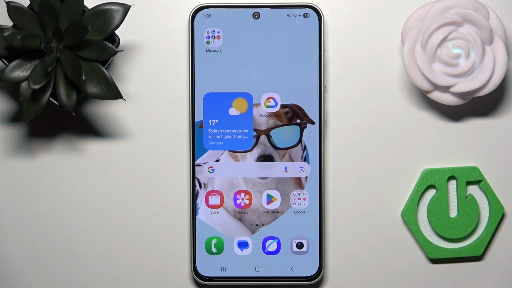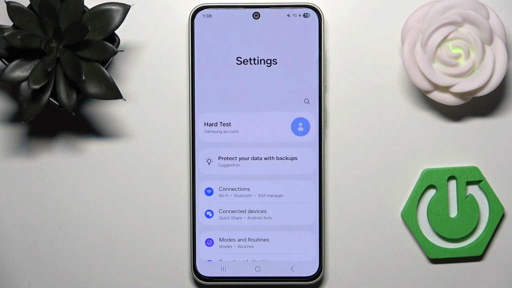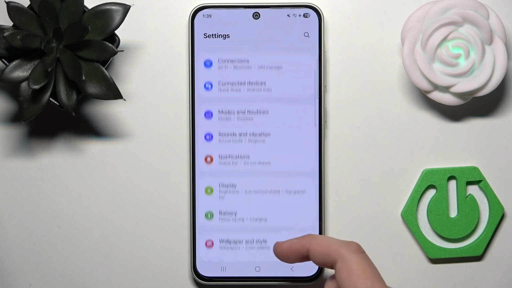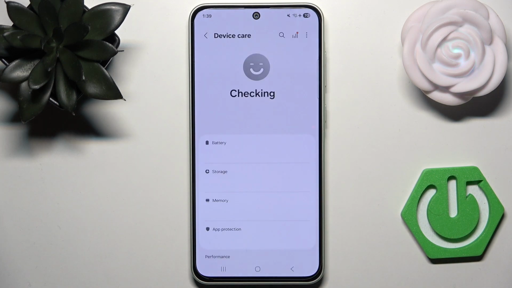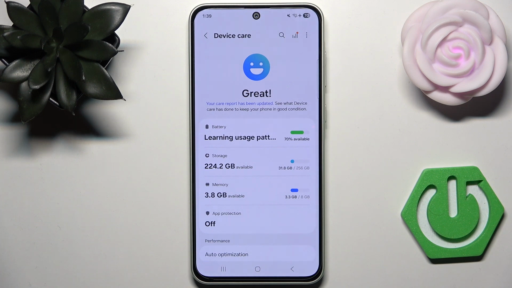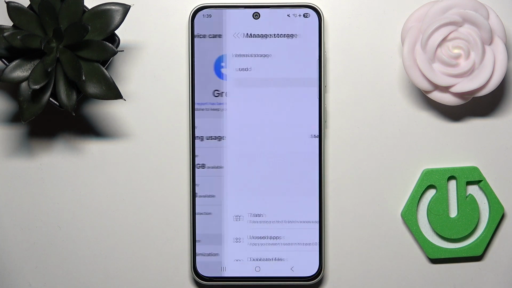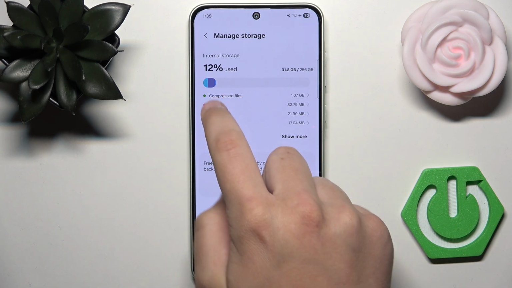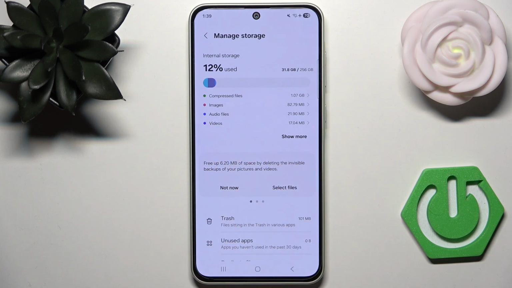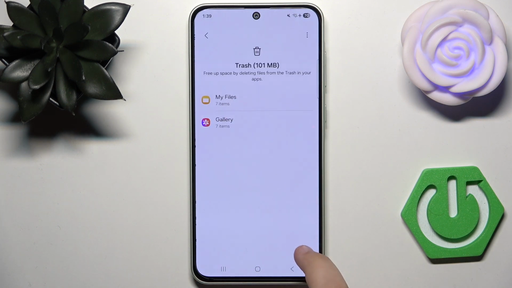So first, what you guys need to do is open up settings and now tap on battery and device care. Now go to device care. And here, what you need to do is select storage. Now you will see a breakdown of used and available storage categorized by apps, compressed files, images, audio files, and videos. And now, if you want to free up space using it, now you can simply go to trash, and